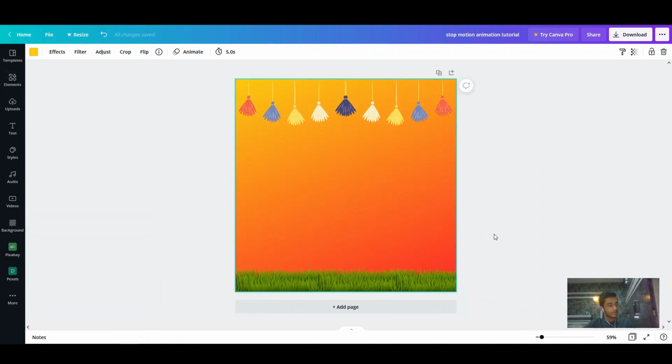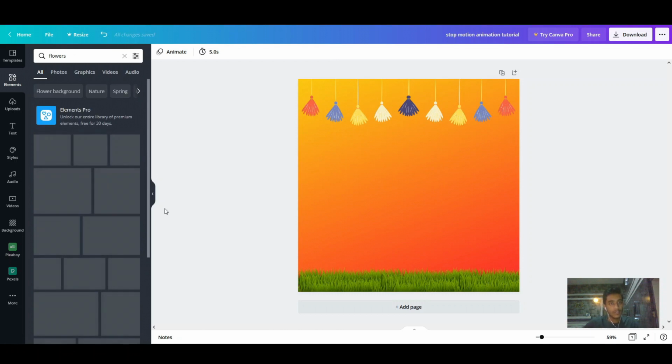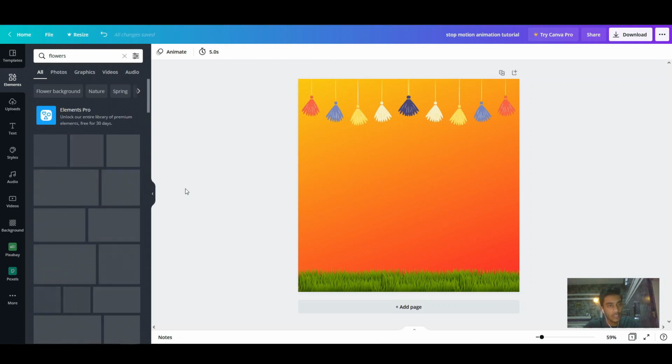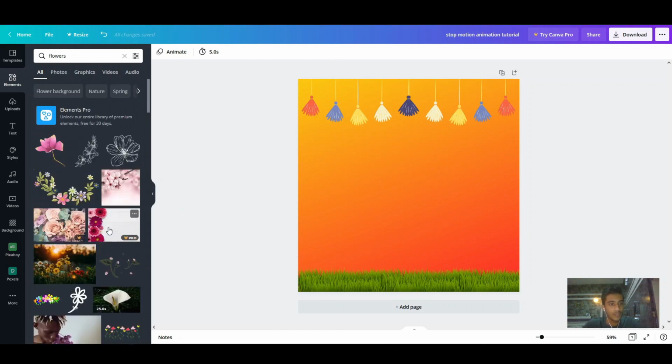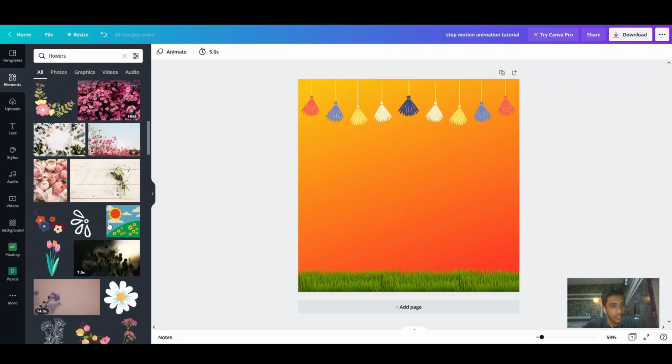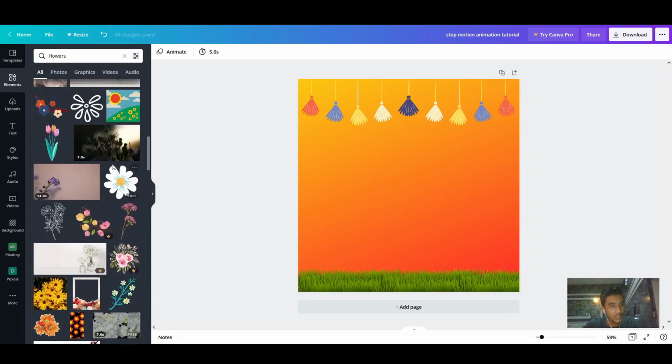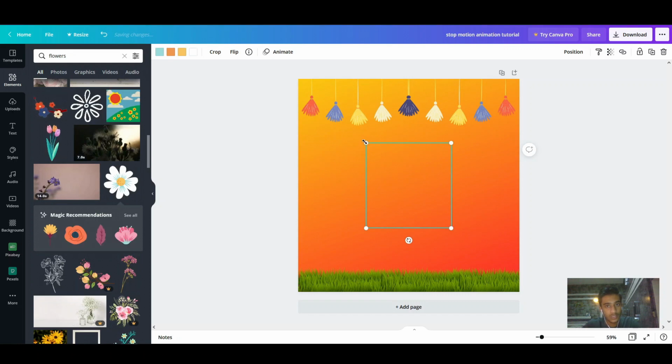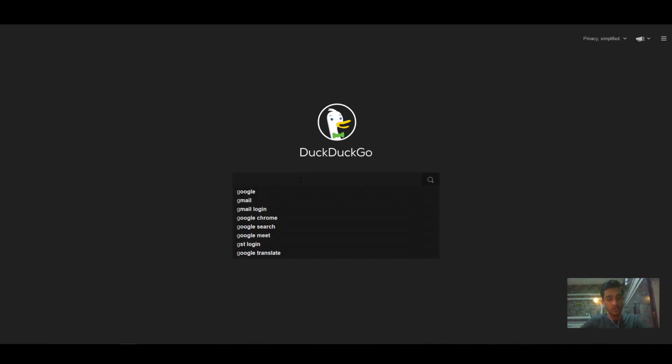Now, might as well search for flowers in the elements tab, but as you can see, they have a lot of options, but none of these options are favorable for me. So I want a PNG image of a flower called Genda Phool, as we call it in India.